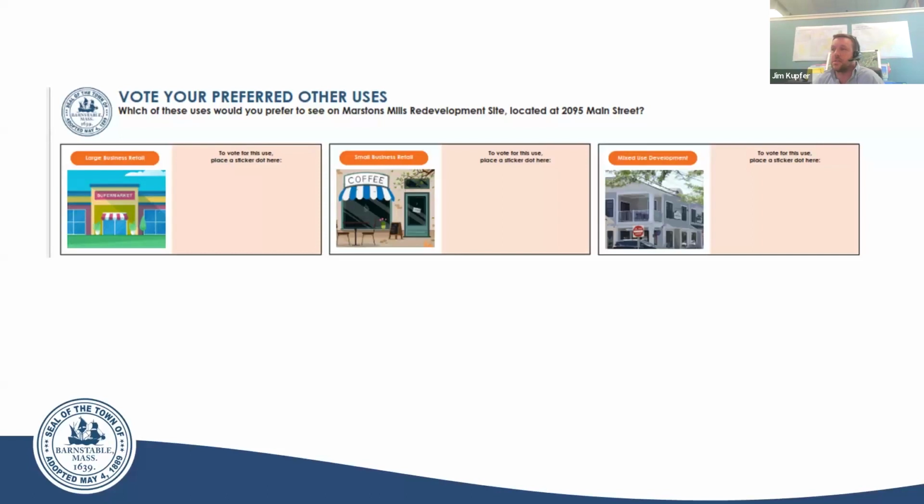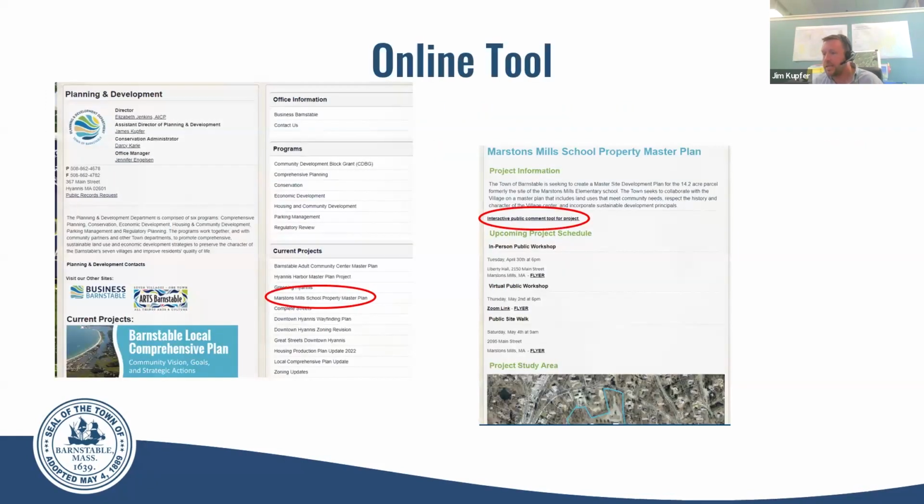We had other uses, some that may not have come up in the past, things like small business or mixed use. Other uses may come up as well that you're contemplating for the need for the village center. All of these comments we took in on Tuesday night, and we can tonight as well as we have our Q&A and public comment period. But also, after this meeting, after our discussion, there's many ways for you to comment as well.